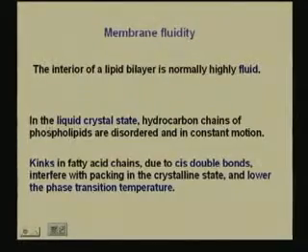Now, in the liquid crystal state, the hydrocarbon chains of the phospholipids are disordered. They are in constant motion because, you have to remember, the cells are suspended in the plasma. There is a cytosol to it, there is an extracellular matrix to it, so they are all suspended. Because of their constant movement, they are highly disordered as well. The kinks we saw in the last class in the fatty acid chains are due to the cis double bonds, and they interfere with the packing in the crystalline state,